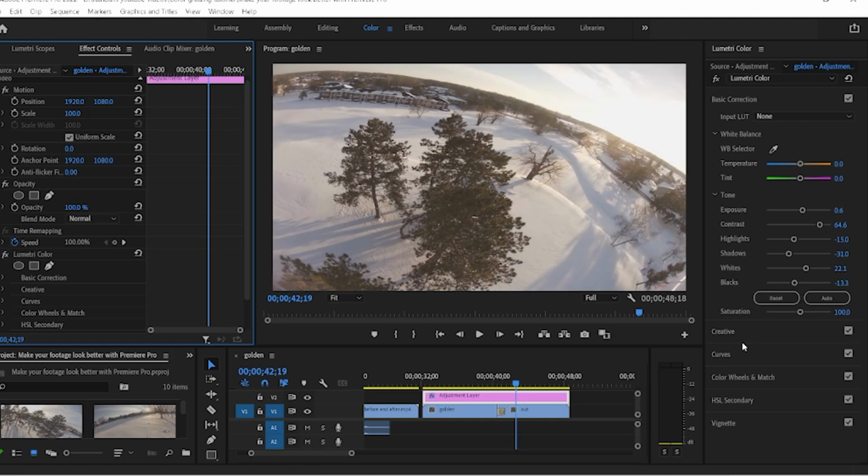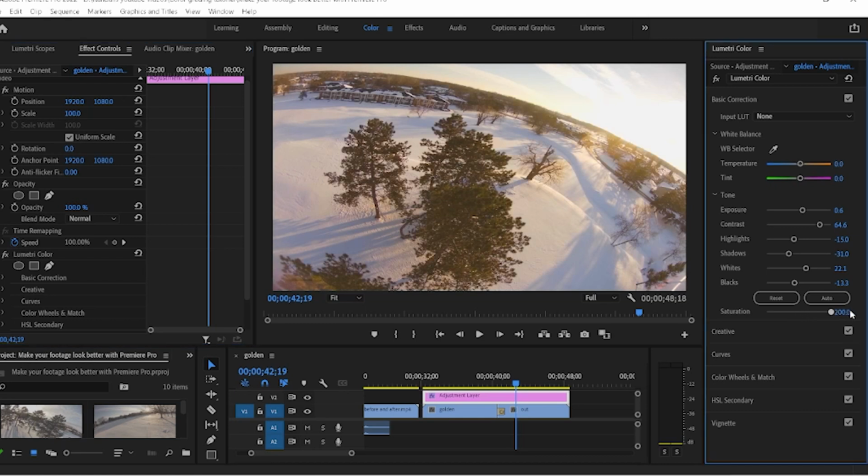Now we're going to move on to the don't. This saturation right here. I am guilty of it in all of my earlier videos. I was just bringing so much unrealistic color out of the videos and making everything and everyone look like Oompa Loompas. It looks cool, but it's super unrealistic. I like to aim for a more natural look in my videos. So I'm not really going to touch that.